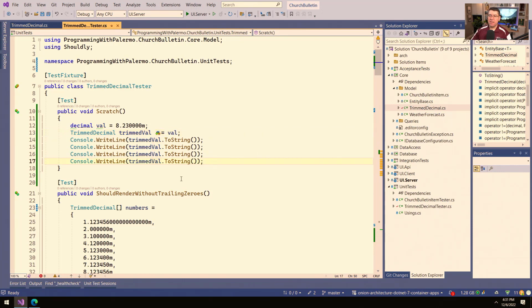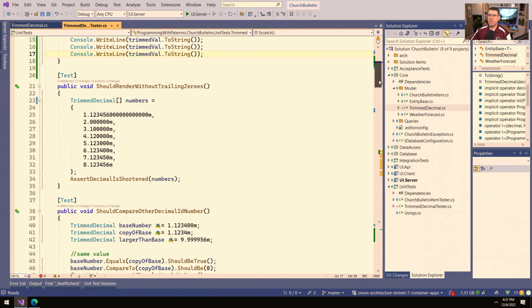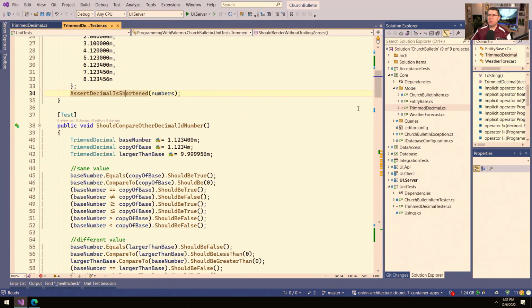So I have some tests. And by the way, anytime you create any logic, you want your unit tests. So here's a test case that I have an array of all kinds of different number formats, from 1 trailing 0, 2, 3, 4, 5, and then all trailing zeros. And then we have a helper method. We assert the decimal is shortened. And then of course we have